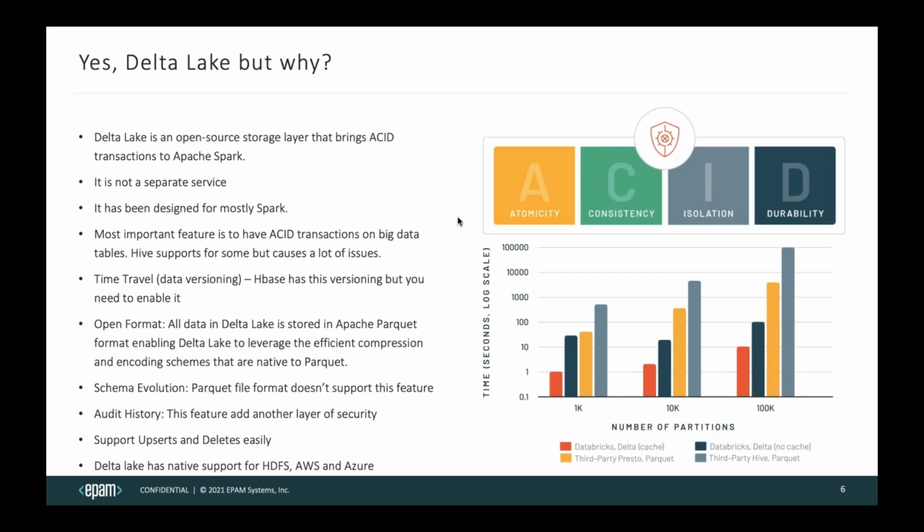Open format. So what does it mean? We are using Apache Spark under the hood. Whenever we are creating a Delta Lake table, it is created with Apache Spark, so you can use any feature which you are using with Apache Spark. Schema evolution, which is quite important. Parquet files, if you are familiar with them, you know that changing schema is not very good. You can end up with a lot of problems, a lot of issues. But Delta Lake supports schema evolution by default.